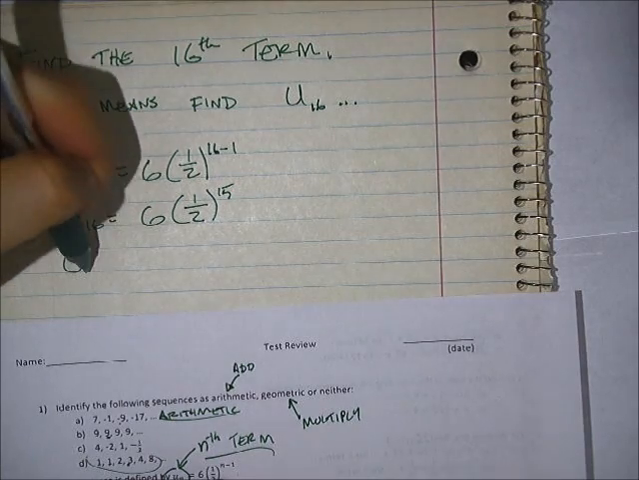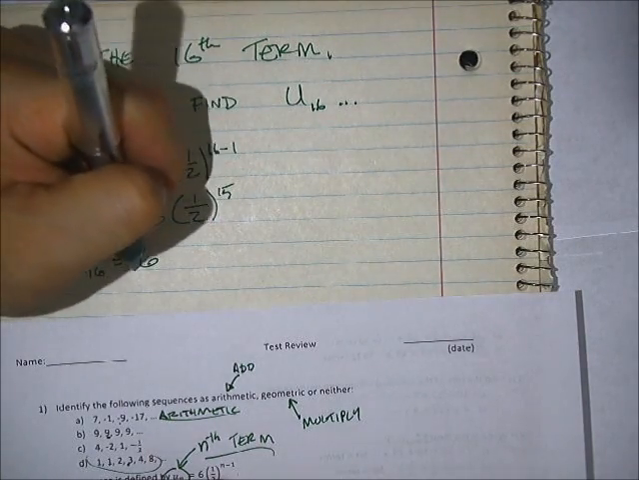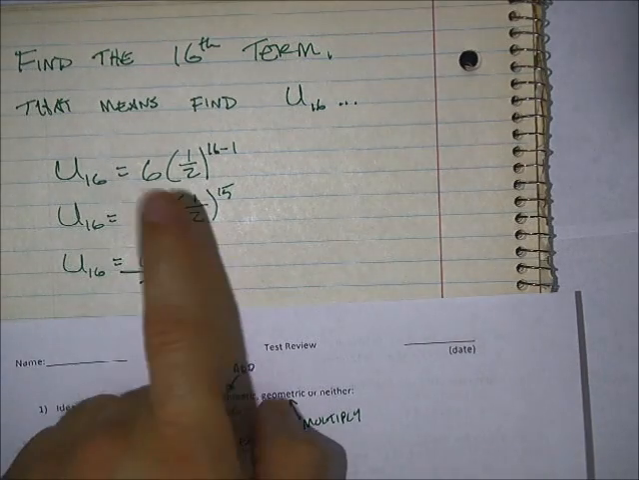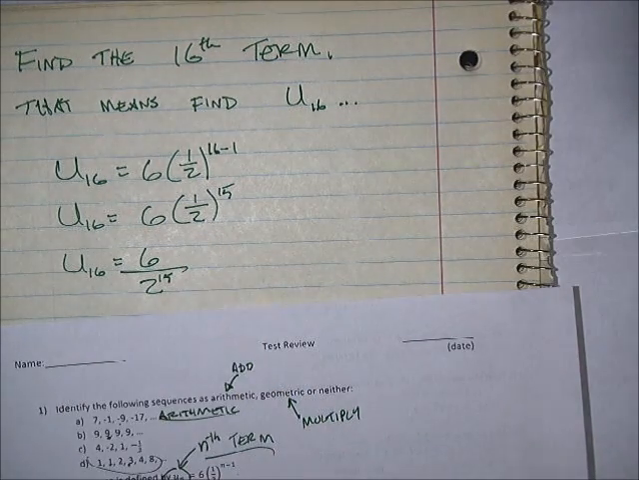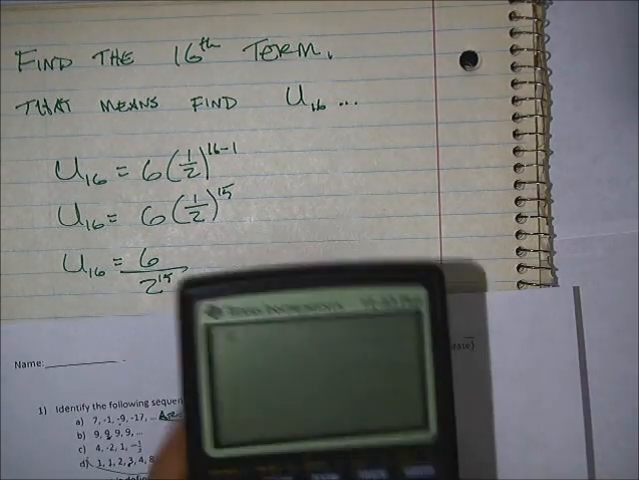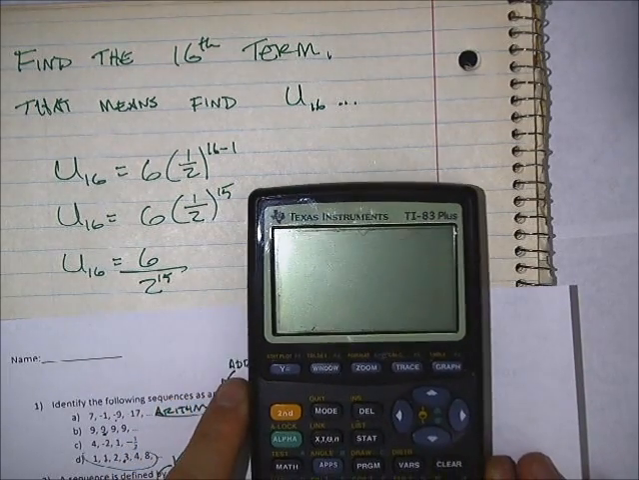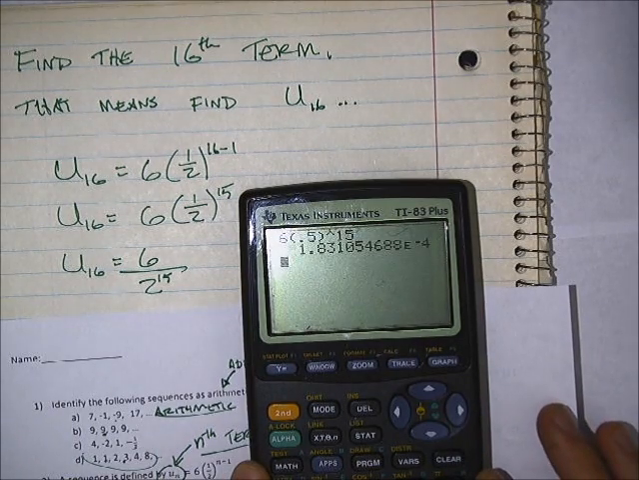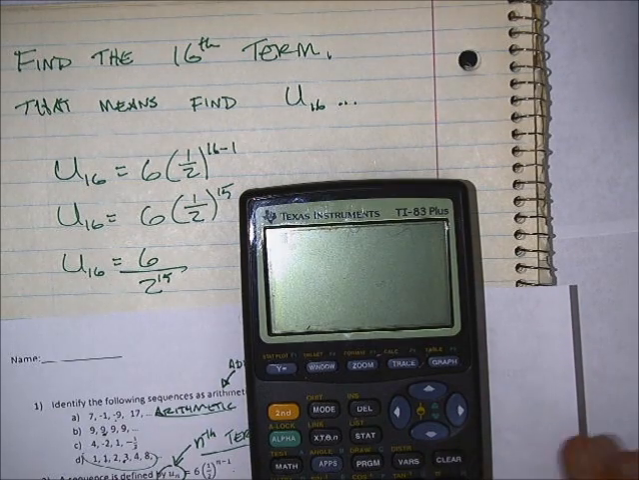That's going to be u sub 16 is equal to 6 divided by 2 to the 15th. And you can put this into your calculator right here, and it should work out pretty well for you. So let's check it out here on our handy-dandy calculating device. I'm going to say 6 times 0.5 raised to the 15th power. Oh, sorry, you're right. 6